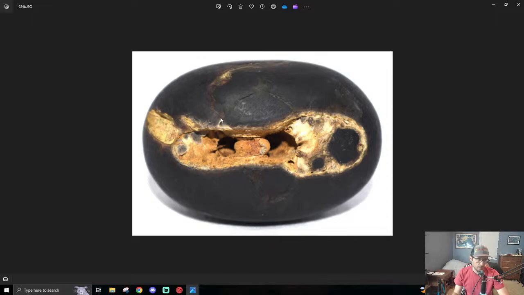So, for instance, a current flow went through this region of the rock, through here, here, not just the shape, but then